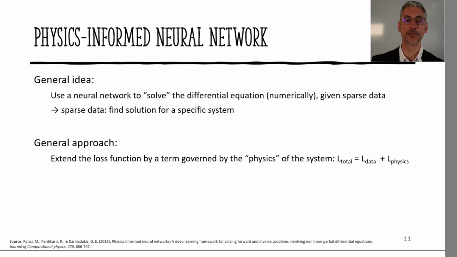So this is the idea behind physics-informed neural networks. We use the neural networks to solve the differential equation numerically, given the sparse data that we have, but we extend the loss function such that it captures the physics of the differential equation that we have. So the total loss is the data loss. This is, for example, our 10 data points, because we essentially need the data to represent our boundary conditions, plus some contribution that accounts